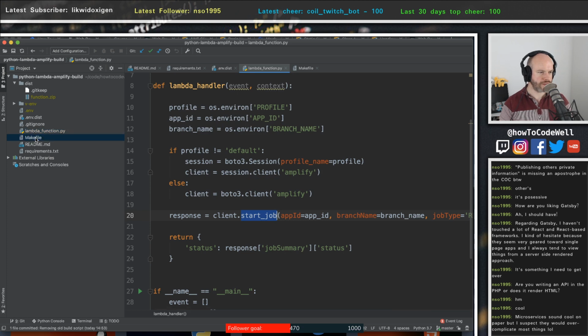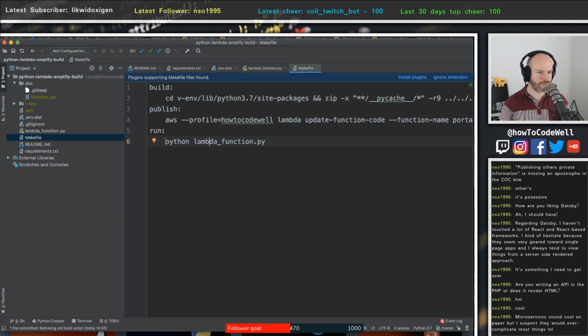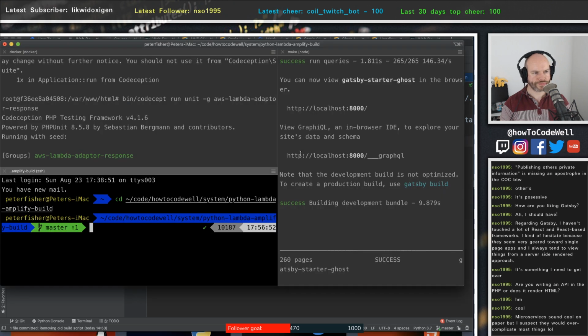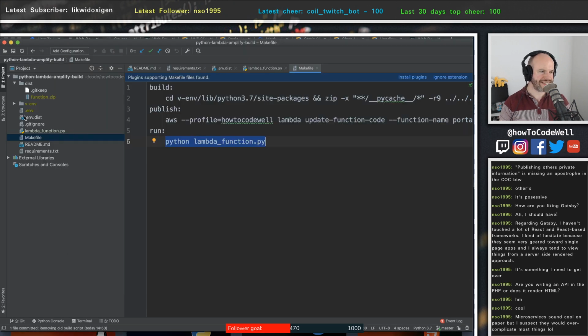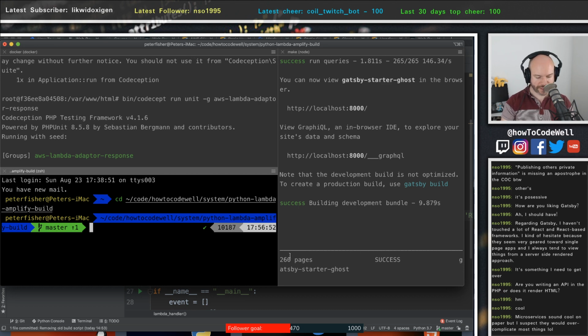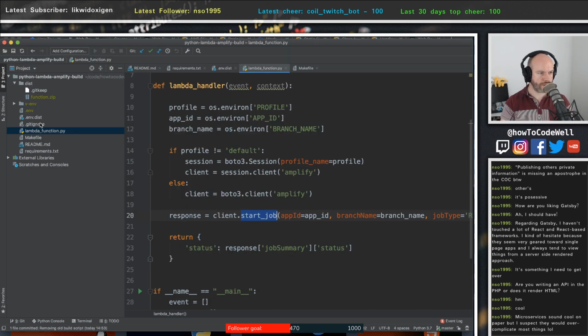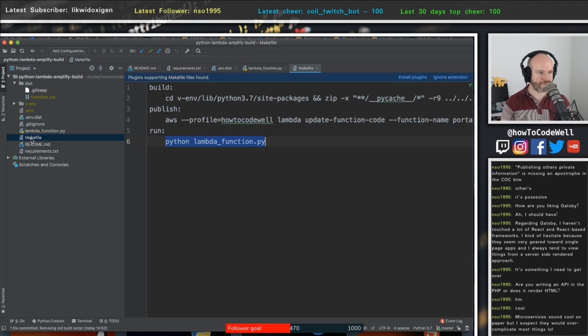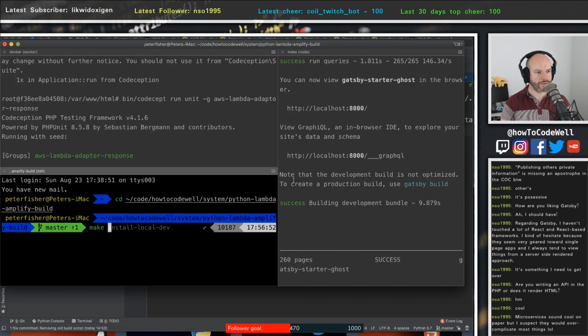I can run, there's a makefile in here, I can run the Python Lambda function, which essentially runs this whole Lambda script from this machine. But this script, this Lambda function, is actually on AWS. It's been published. It just means that I can run it from here, remotely. So if I did make run now,